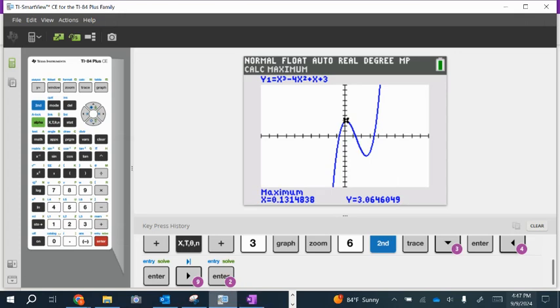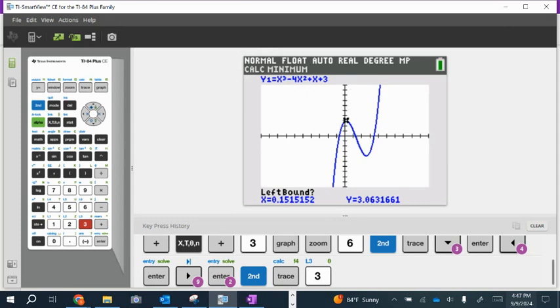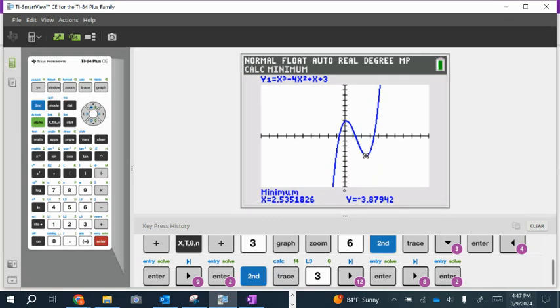And now I'm going to do the same thing to find the relative min. So I'm going to go second calc, and this time I select minimum. I can either scroll down to 3 or I can hit 3, and I now want to find the minimum, so I need to be to the left of that minimum, and then I need to move until the cursor is to the right of the minimum. Hit enter when it asks to guess, and my approximate relative minimum is f of